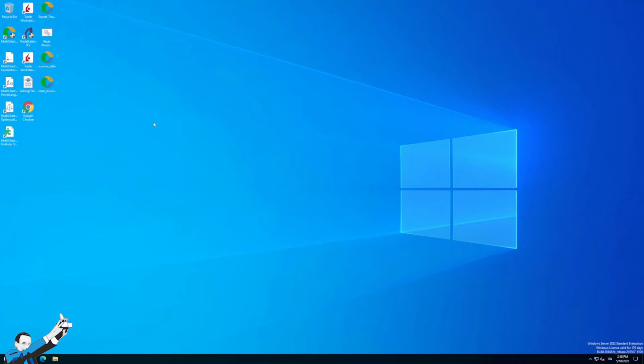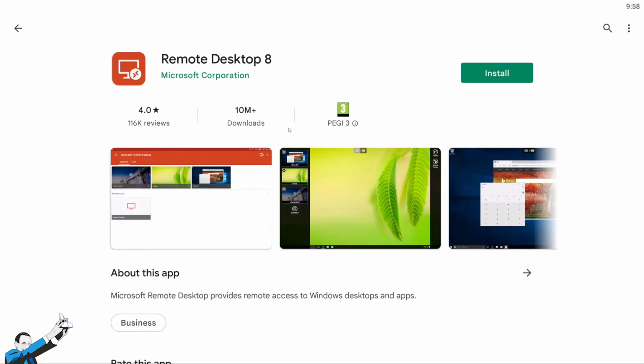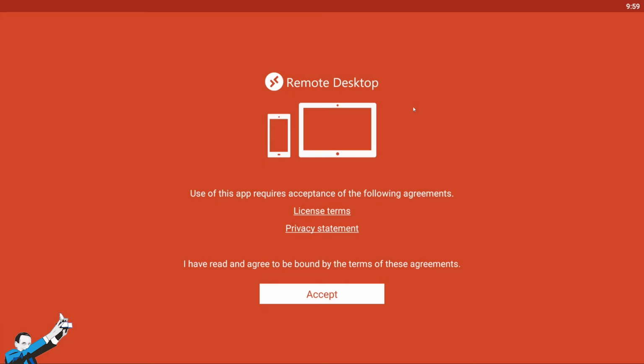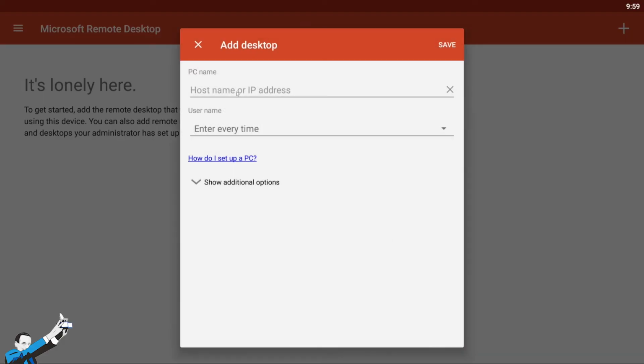However, it's clear that when we're away from home, we can also install the same kind of application on tablets or smartphones. In this case, I'm using an Android emulator here to show you how to do this. If you have an Android phone, all you need to do is search for the remote desktop application on Play Store and install it. After installation, we can connect to the target machine. I'm going to click on the plus button at the top, select desktop, and then add the host name and username. The host could be either IP or reverse DNS, as you prefer. I'll enter the IP in this case because it's just easier to enter.